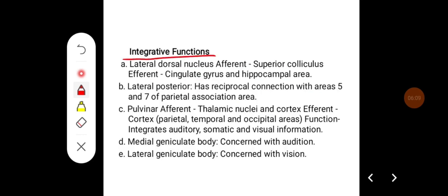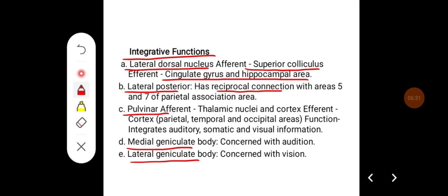Their integrative functions are mainly in the lateral dorsal nucleus, lateral posterior, pulvinar, and the medial and lateral geniculate body. For the lateral dorsal nucleus, afferents come from the superior colliculus, and efferents go to the cingulate gyrus and hippocampal area. The lateral dorsal nucleus has a reciprocal connection with areas 5 and 7 of the parietal association area, whereas for the pulvinar area,